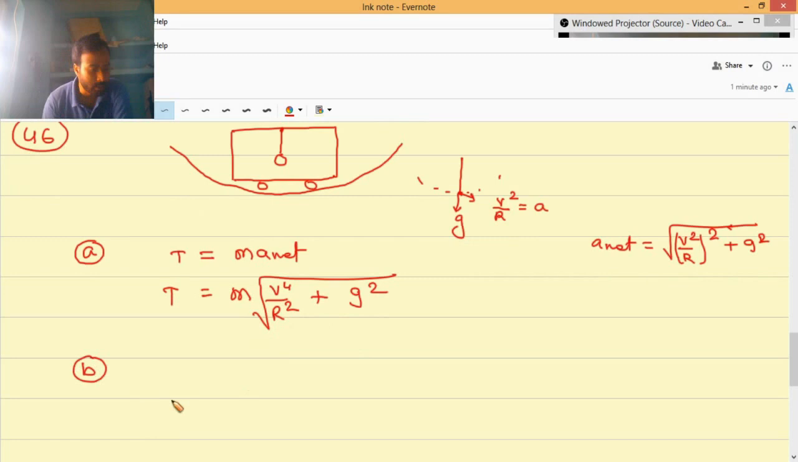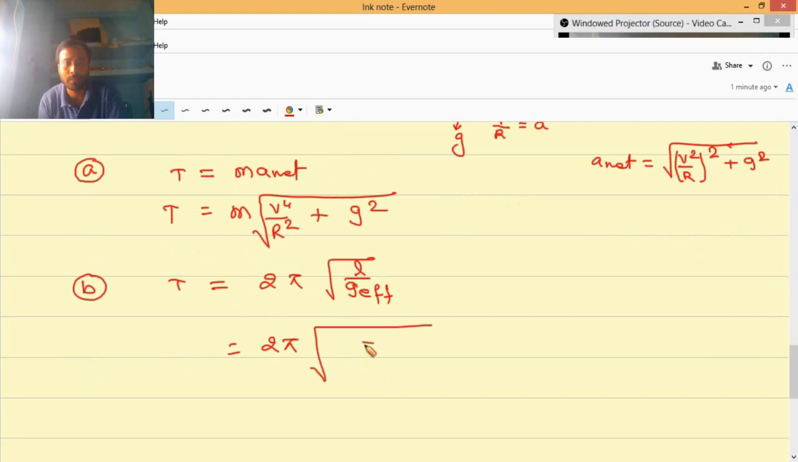Next is part B, where we are asked to find the time period of small oscillation. This is now very easy: it is 2 pi under root L by g effective. Here g effective is the square root of v square by r, whole squared, plus g squared. So the time period for small oscillation is 2 pi under root L by this g effective. So this should be the answer for part B. Here it is written in terms of a, and the value of a is given. So we have calculated the